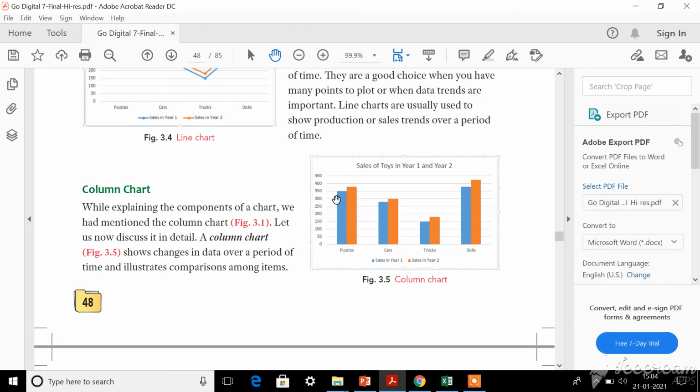Only the end result will be visible here. See, 350. The blue color indicates sales in the first year and this maroon color indicates sales in the second year. So the first year it is 350 and the second year it is between 350 and 400. This is how your column chart looks.